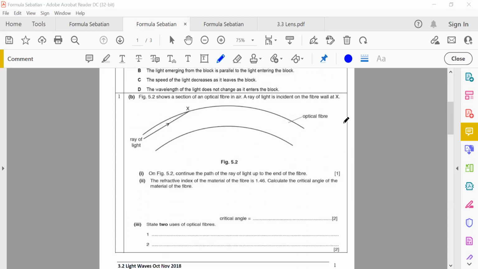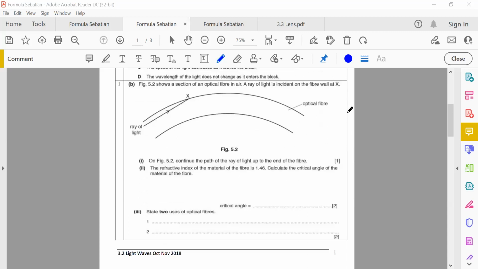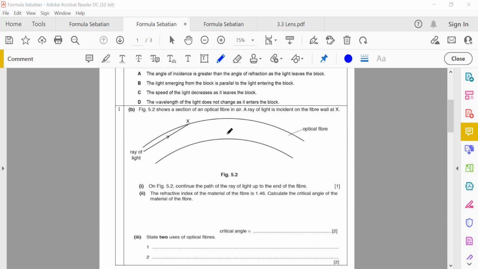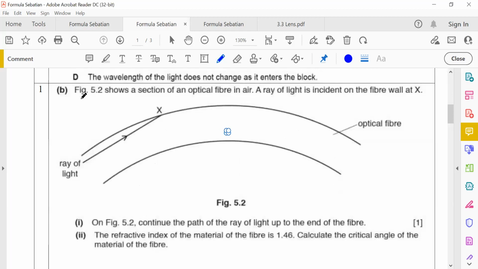Okay, if there's no questions, then moving on to the next part here. This is a typical question in your IGCSEs. It is super common in your IGCSEs. Now, let me tell you what the students will usually do wrong for these kind of questions here. If you look at this question here, it says something like,